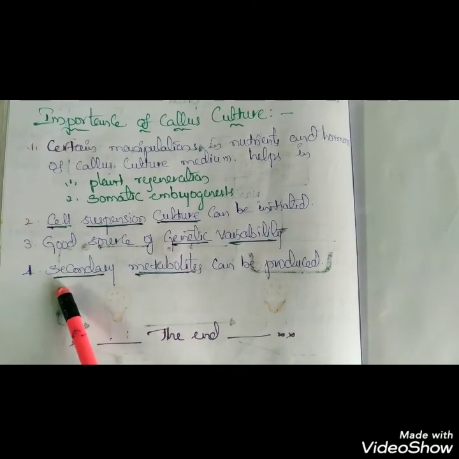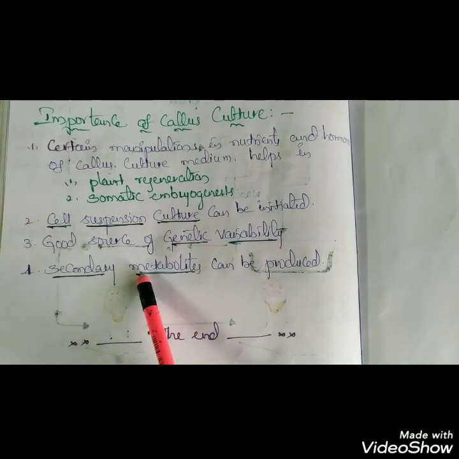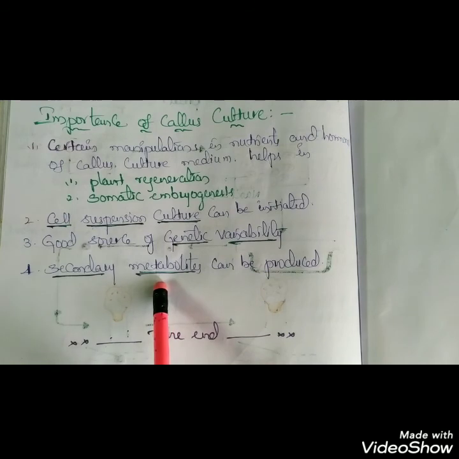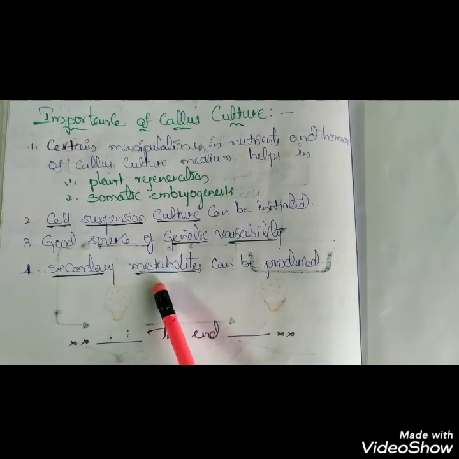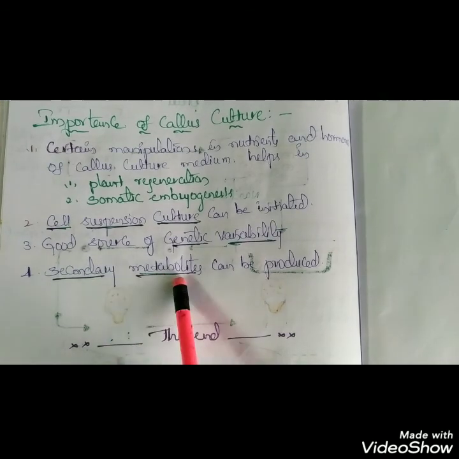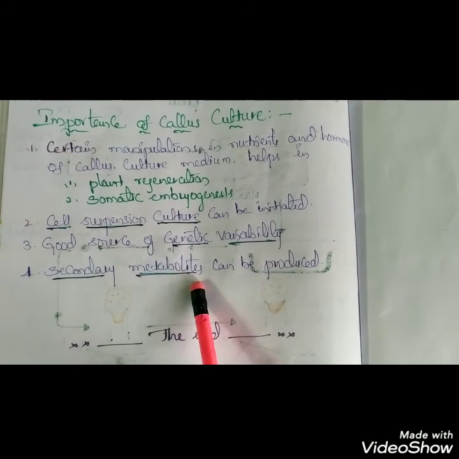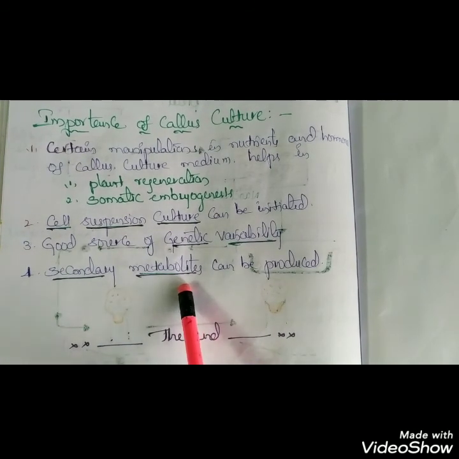Finally, last one is secondary metabolites can be produced. What are secondary metabolites? Secondary metabolites are those substances which are produced by most of the plants, but these substances are produced in lesser amounts when compared to primary metabolites, and they are not much important in the growth and development of plants. So these are medicinally or pharmaceutically